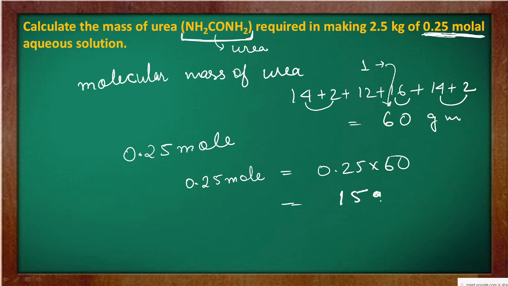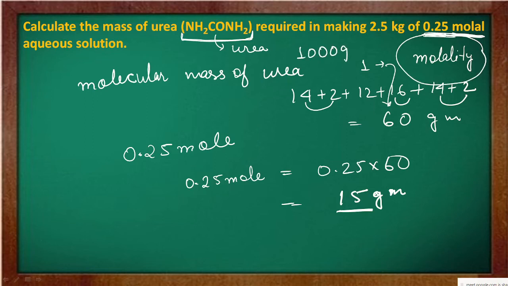It means that 15 gram of solute has been added to this solution, and the solution was 0.25 molal. Now what does molal mean? Molality. In molality, the solvent is 1000 gram. Then when you are adding this 15 gram, it means that the total mass of the solution